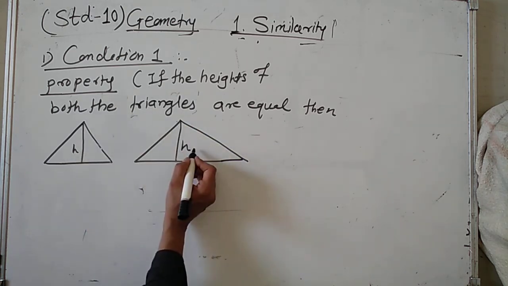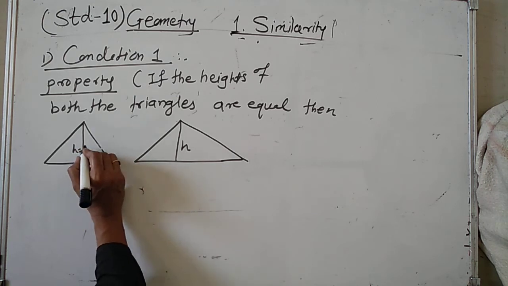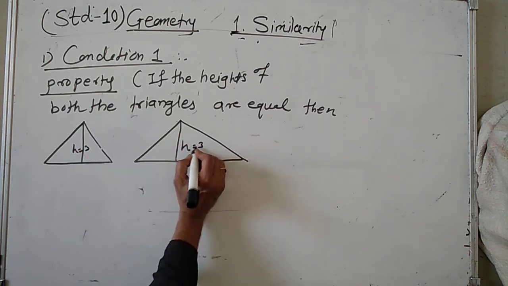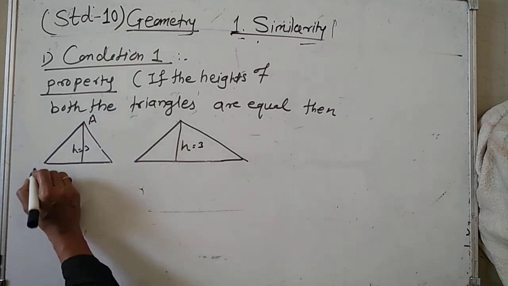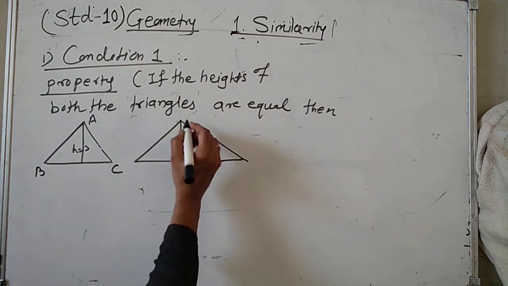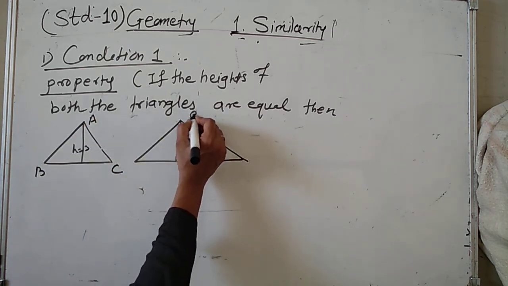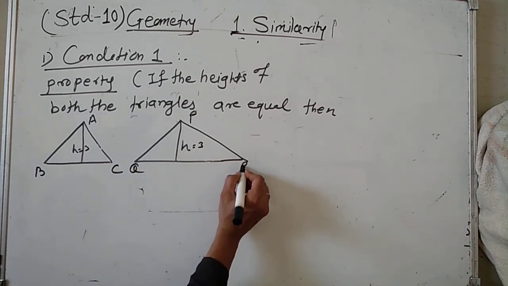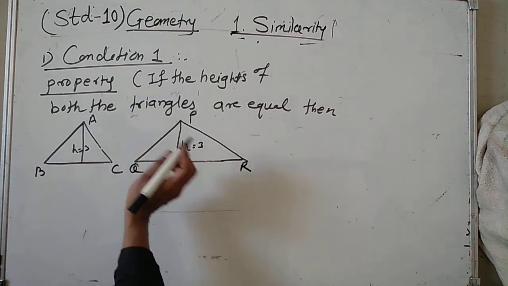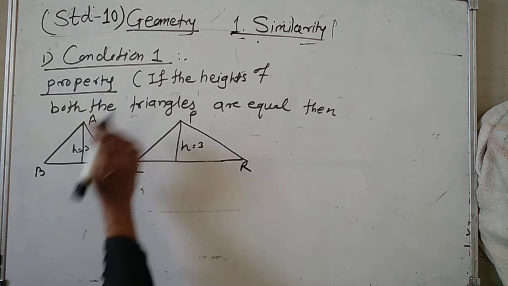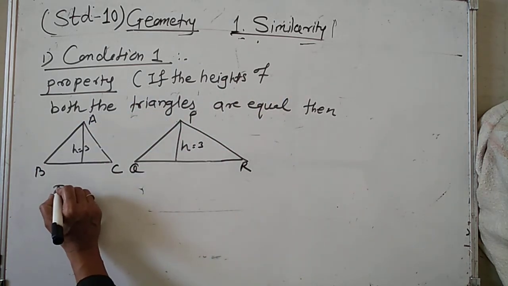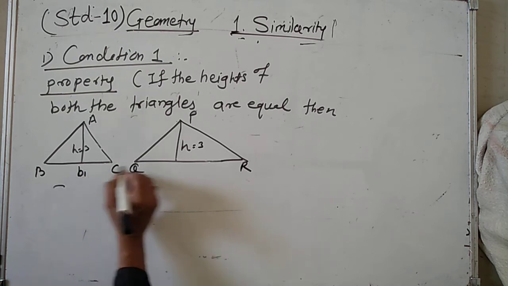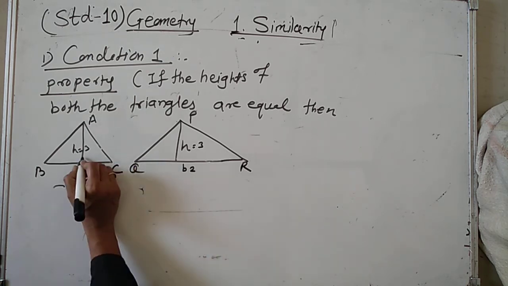Don't take h1 and h2, both the heights are equal. Suppose this is 3 centimeter, this is also 3 centimeter. Again triangle ABC and the second triangle PQR, the bases are different. This is base B1, this is base B2,